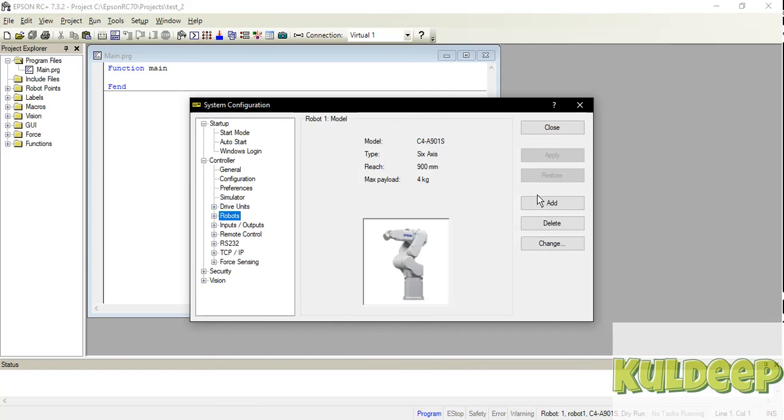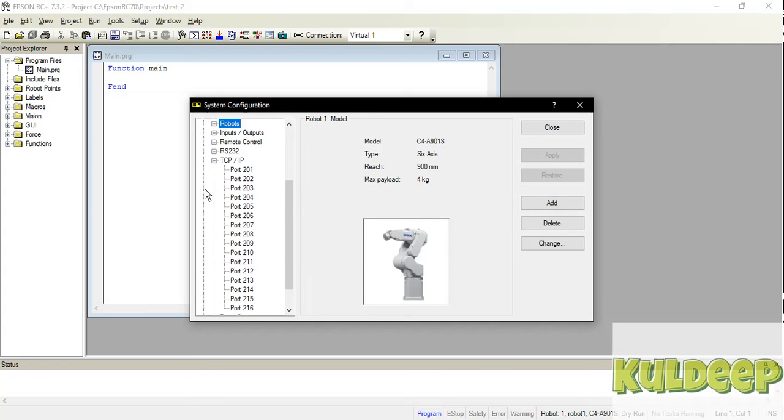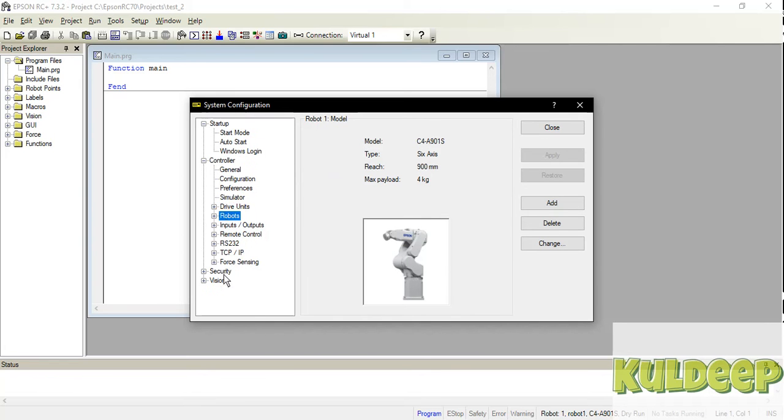You can change or add any robot that you require, and all these parameter settings, TCP IP and all that we will discuss further while doing actual applications. So basically today I'm making you familiar with the software. These are some settings that you will find in system configuration.